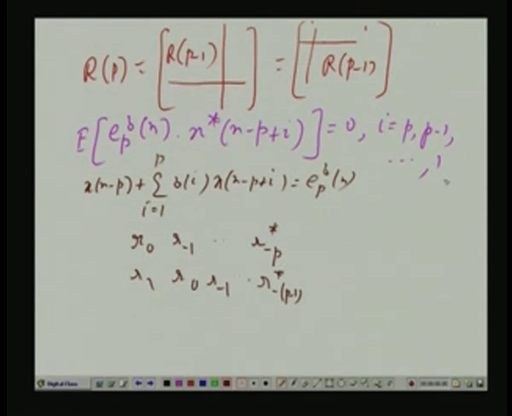When i equal to 1, n minus p plus 1, x star n minus p plus 1. So, x n into that, it will be R p minus 1 dot dot dot, R 0, and then n minus p plus 1 star, still R minus 1. You will get that times